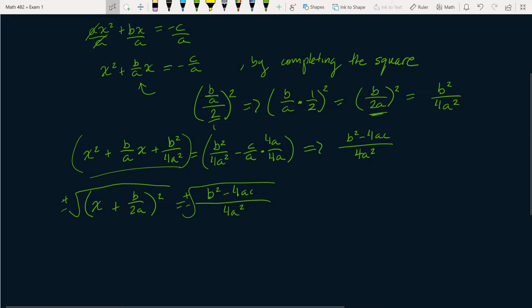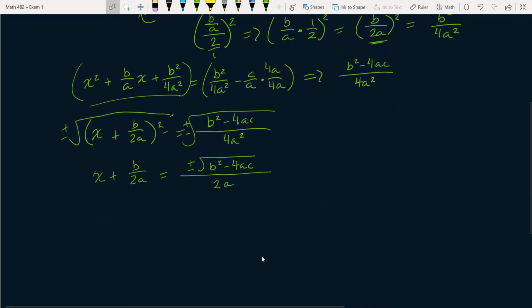So this square and this square root cancel. So we just get x plus b over 2a is equal to, the top part can stay as plus or minus the square root of b squared minus 4ac, and the bottom, the square root of 4 is 2, and the square root of a squared is a. So it looks like we're getting really close. Now we're just going to subtract b over 2a on both sides,